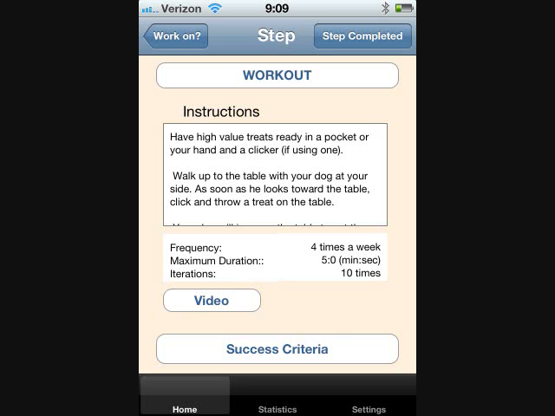Between the instruction text and the video button is information telling how often I should be working with Bob on this step: the number of times I do the instructions, what the instructions say, called iterations, and the maximum time to work with Bob each time we work. This is really helpful. I tend to overdo training sessions by going too long or performing too many iterations. By doing things with these limitations, I hope to end on a positive note so